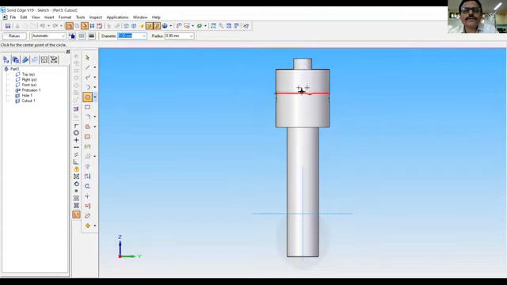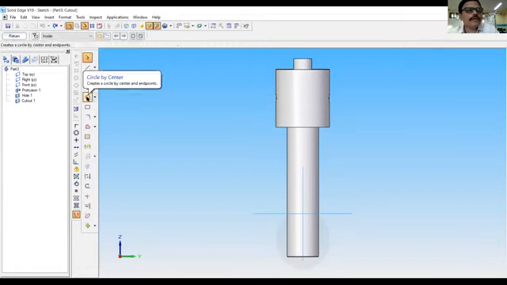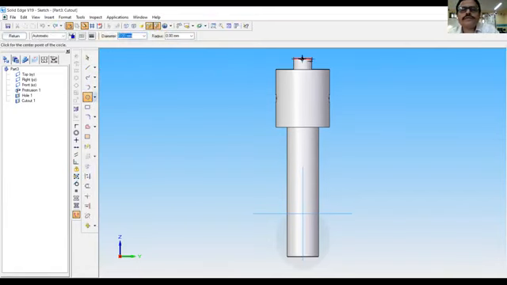So it is exactly at the center. Diameter is 12. You can also first draw the hole and then you can place it.